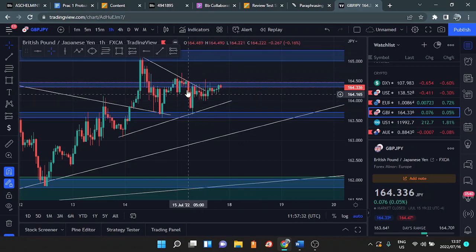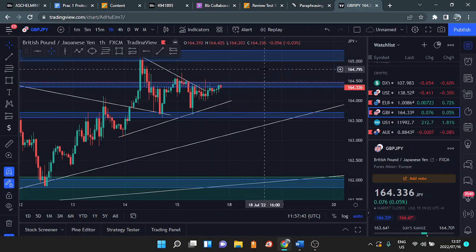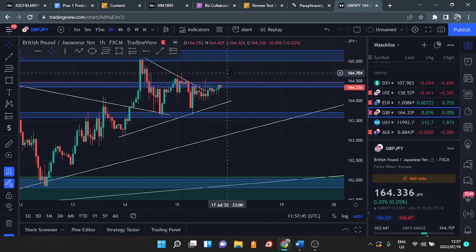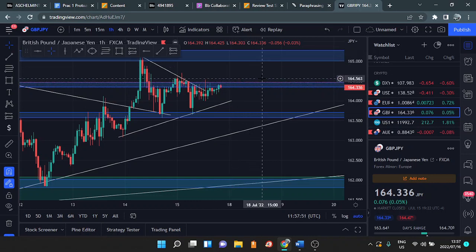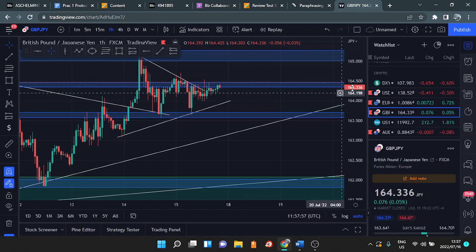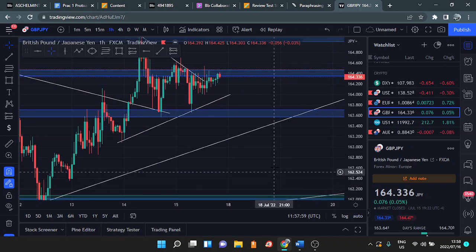You can see there's a double bottom, and for one to trade this market, one must wait for it to break this support and resistance in order to be in a trade. So one could wait for it to break and close above this key area here, whereby now we're going to wait for it to enter on the lower time frame and catch it when it breaks the lower time frame to the upside, or when it breaks to the downside, whereby now we're going to wait, check, which will be